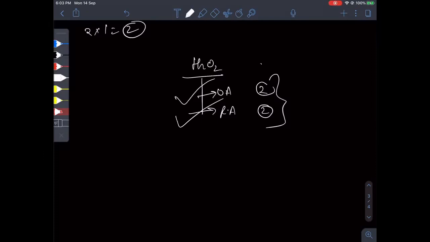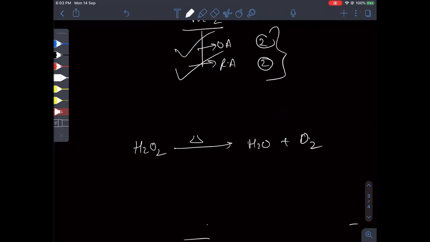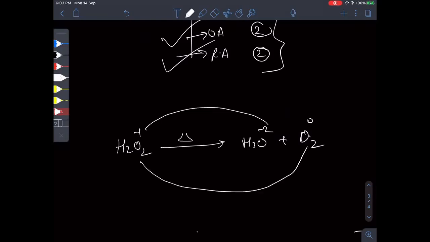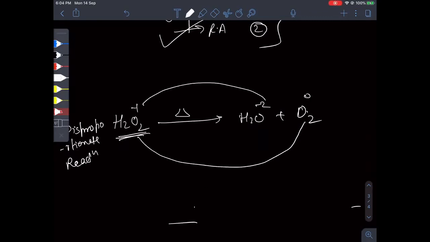Now what if H2O2 is undergoing a self decomposition reaction, like H2O plus half O2? What will happen in this case? If you look very carefully, it is going from -1 to -2 and also to 0, meaning in one case decreasing, in the other increasing. It is a very clear example of a disproportionation reaction. And how to calculate the N factor for a disproportionation reaction, I told you in my previous video also. You can go and look there.